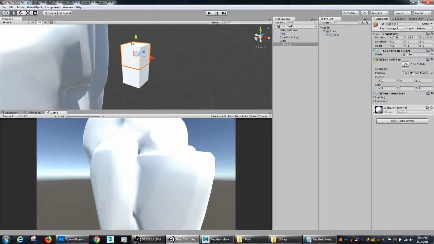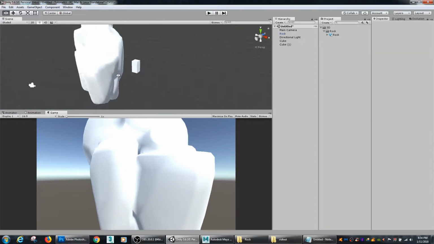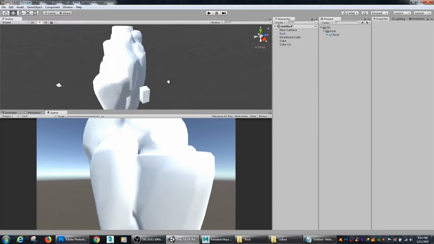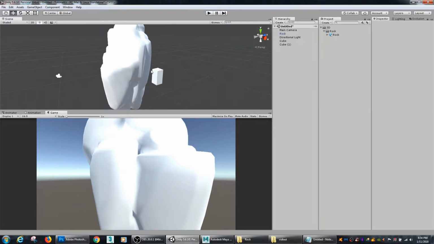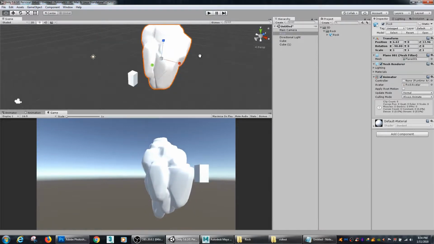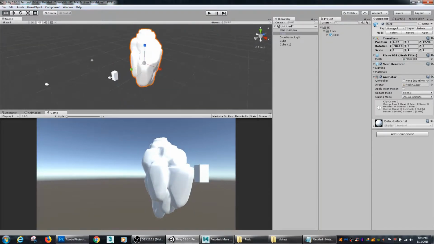I think that's pretty close to 6 feet. So that's approximately the size of a character that would be inside my game world. So this is a pretty big boulder. I'm cool with that. So that's kind of how you add it into your scene, get it scaled properly, and as far as the viewing window,